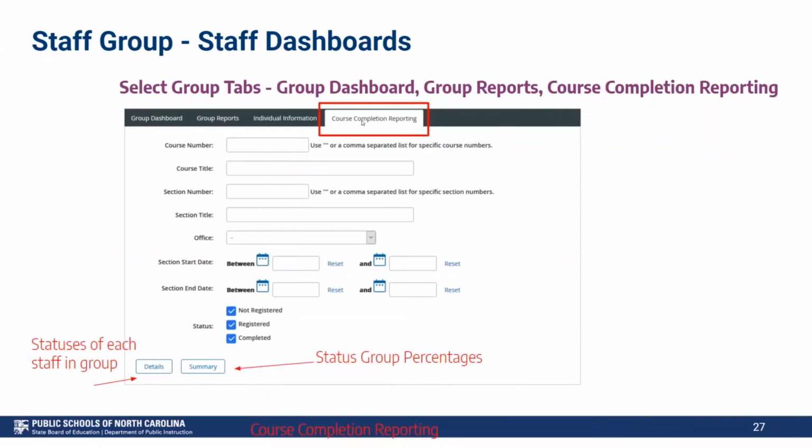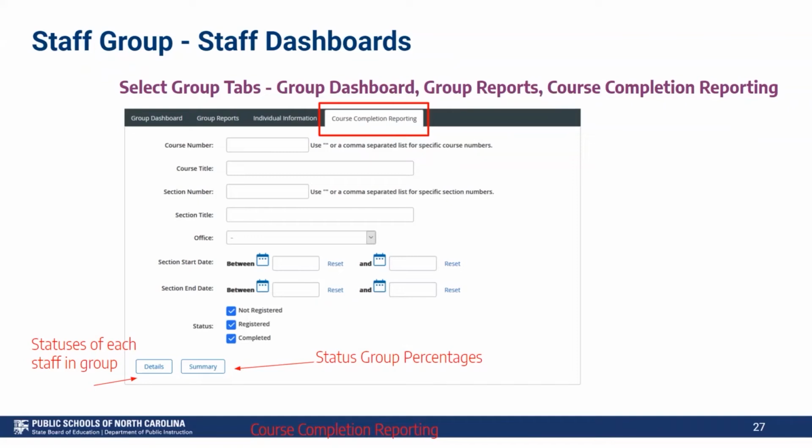You also have a course completion reporting tab, and we'll look at that. You can come in here and put a course number in here, like maybe the mentor course that you wanted some folks to take, a group to take, and you can use the little parentheses around it. I know the mentor course is number 35. Put the little parentheses around it so that it only finds a course with the number 35,